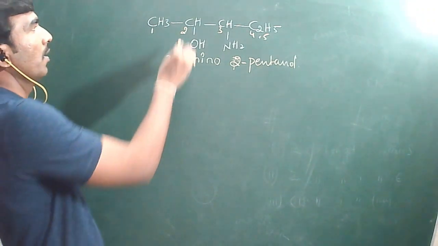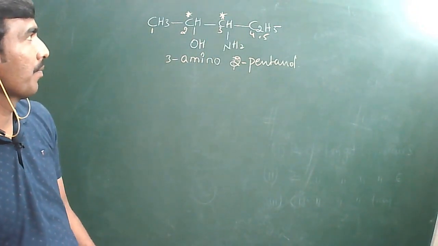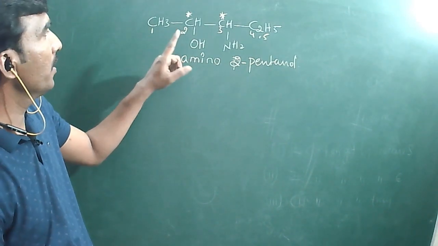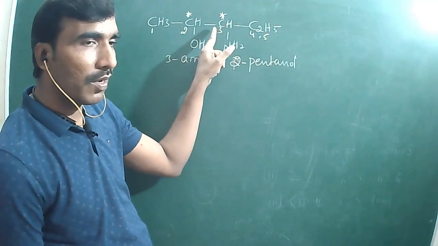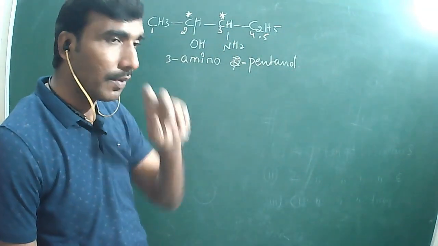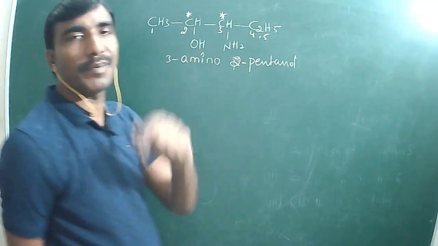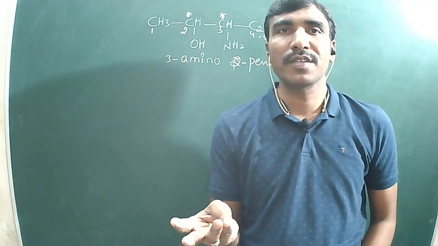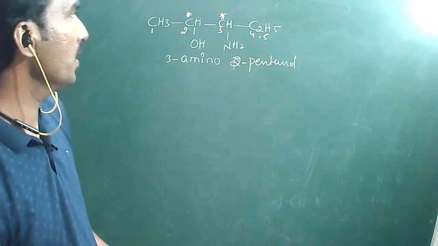Now here, what are the chiral centers? 2 and 3 are the chiral centers or not? Is 2 chiral? It is sp3 hybridized, attached with methyl, OH, H and the entire group. And the third one also is attached with hydrogen, C2H5, NH2 and this entire group, right? Now I want to represent this molecule in all three representations: Fisher projection formula, Newman projection formula and wedge dash representation. So first let me write the Newman projection formula.